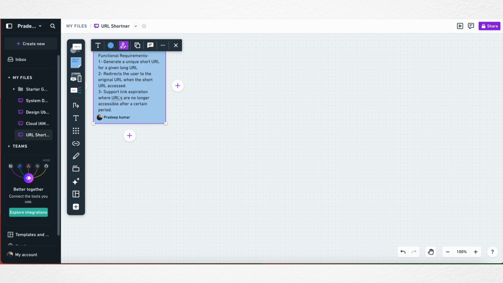There are some other functional requirements that can be optional, for example, allow users to customize the short URLs, and provide analytics on link usage. These things can be optional. Let's go with these main functional requirements. Now let's talk about